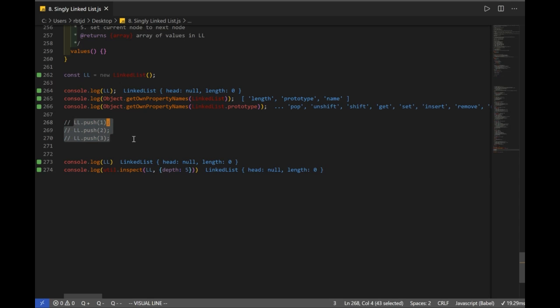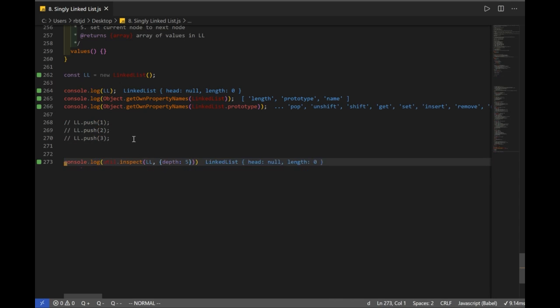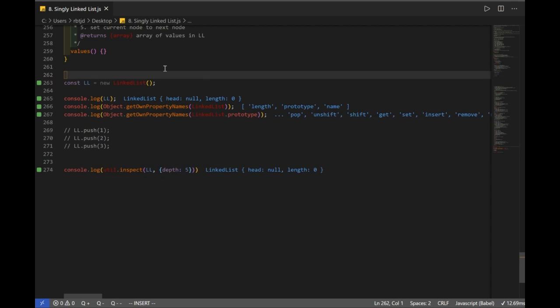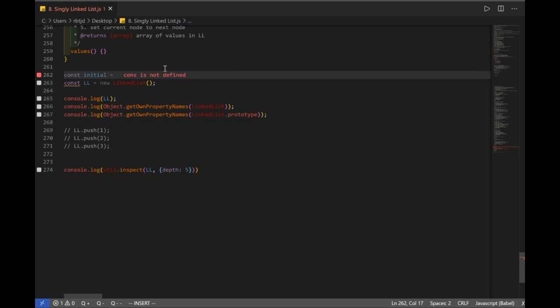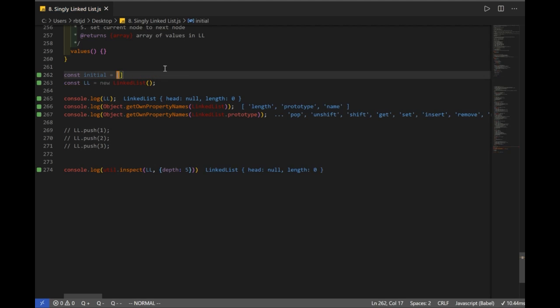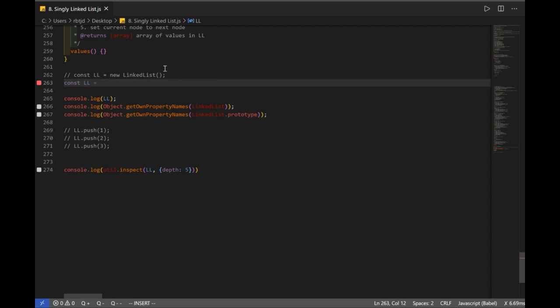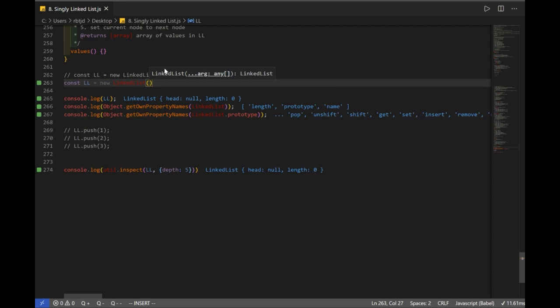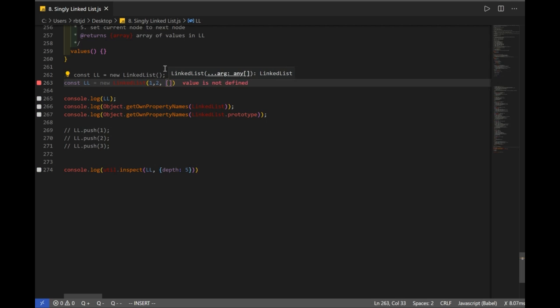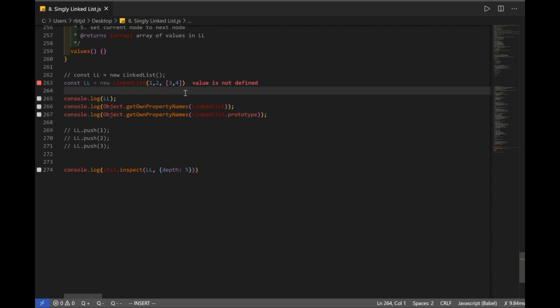So I'm just going to uncomment this. I'm going to get rid of this because that just shows two little nodes. I'm going to create a variable here named initial, and this is just going to be my initial values. Let's set this equal to, actually let's not create another variable. Let's just comment this out and create a new instance of our class linked list. That's going to be new linked list, and let's just pass it here because I want to be able to pass in some values too. So let's pass in 1, 2, and let's pass in an array 3 and 4,